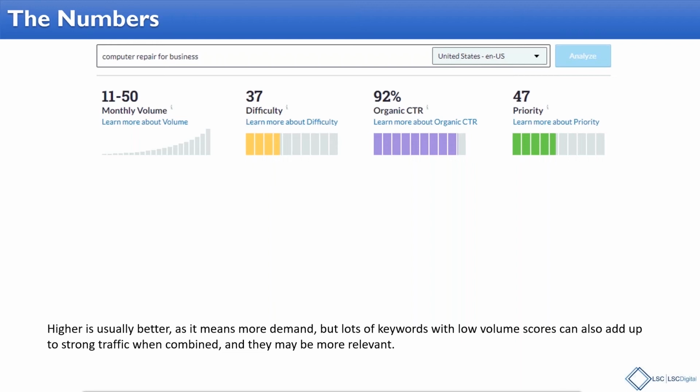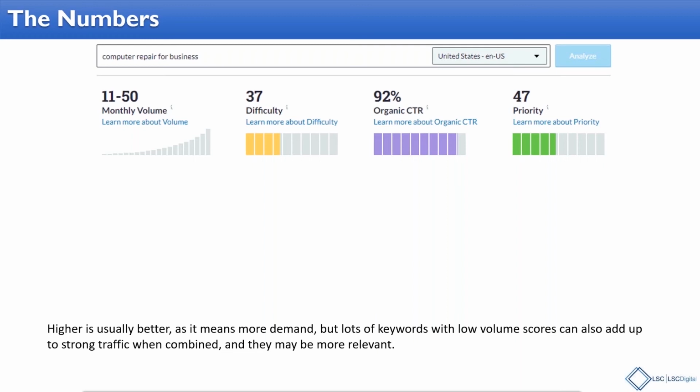And what Moz gives is that last column, because once again, I don't want to do a user group for Moz right now, is that they give it a 47 priority. Now, what is that? That's a score unique to Moz that takes into account volume, click-through rates, organic results, difficulty, looks at the whole thing and gives it a score. Hey, is this a term that should be a priority for you to go after? So 47, and it's probably because of the monthly volume. But that's a great way to sort if you use a tool like this, because you could have hundreds of keywords and you can sort, okay, what's my highest priority, and then go after those terms. So that's what we found.